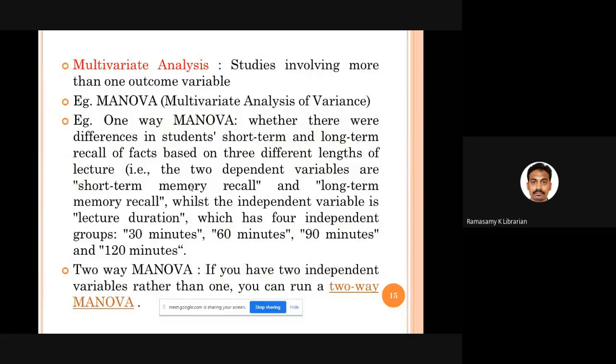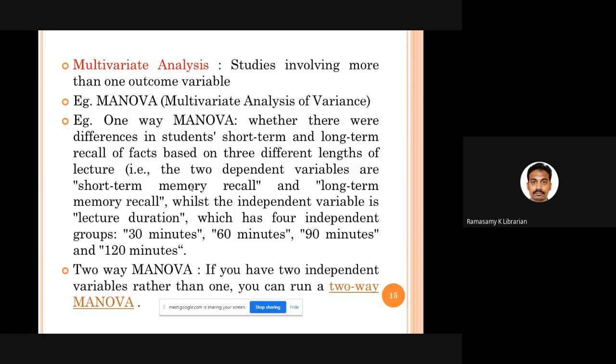Then comes multivariate analysis. So far we were discussing the effect of one or two independent variables on a single dependent variable. But in multivariate analysis, we are studying the impact of independent variables on more than one dependent variable.